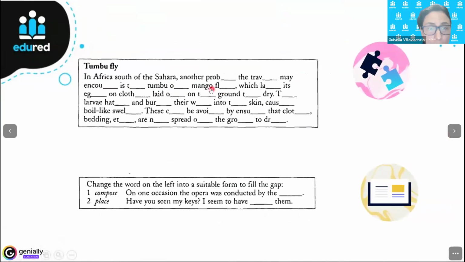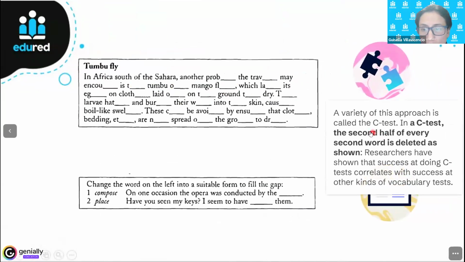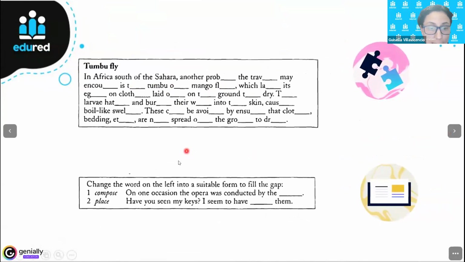And we have this other one called a C-test. In a C-test, the second half of every second word is deleted as shown, right? Like this one. Researchers have shown that success at doing C-tests correlates with success at other kinds of vocabulary tests. And this kind, you may recognize if you have done any Cambridge test before, FCE, CAE,